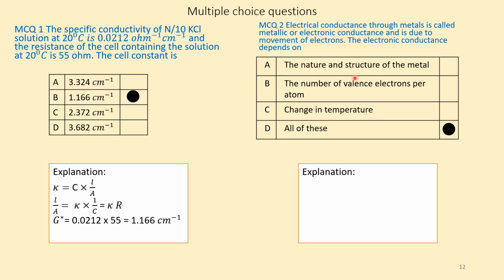The electrical conductance through metal depends on the nature and structure of the metal, number of valence electrons per atom, as well as change in temperature. So it includes all. Option D is the correct answer. Next we will take